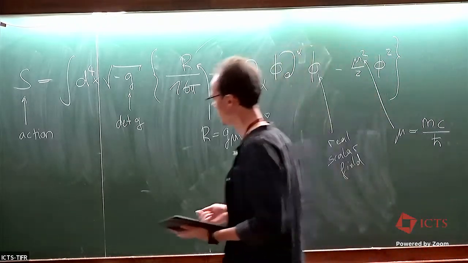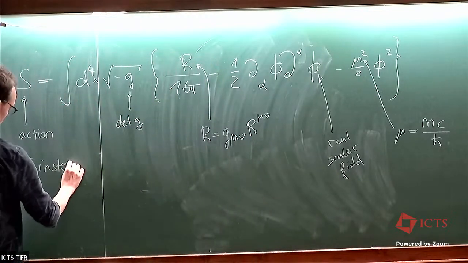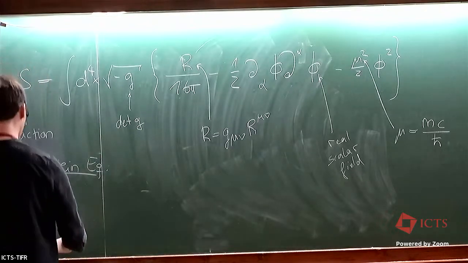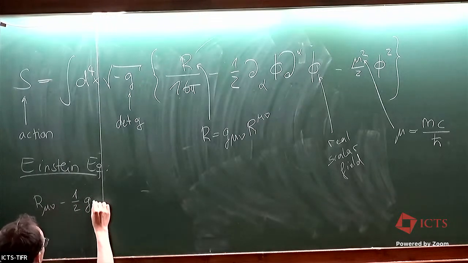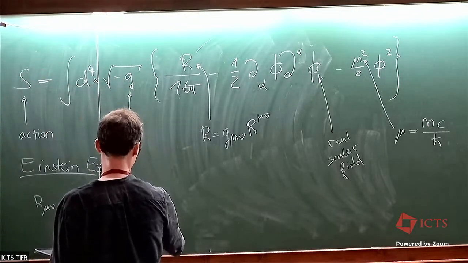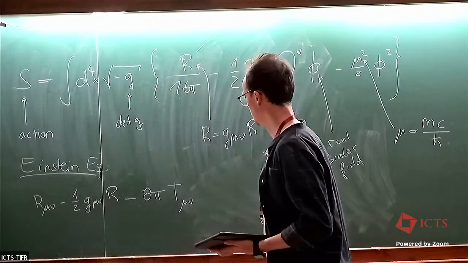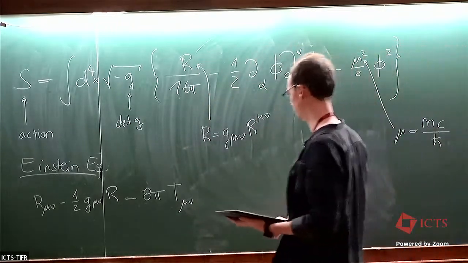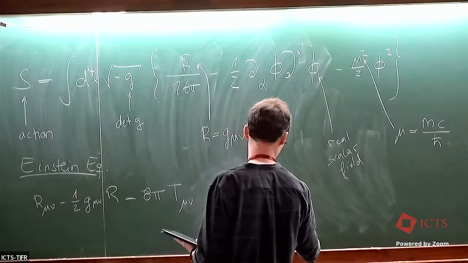Right, so let's write down the equations that we get from this action. Of course, it's first the Einstein equations. So here we have, where T mu nu is basically just the matter, that is the scalar field. So the scalar field, the T mu nu you can derive from this is